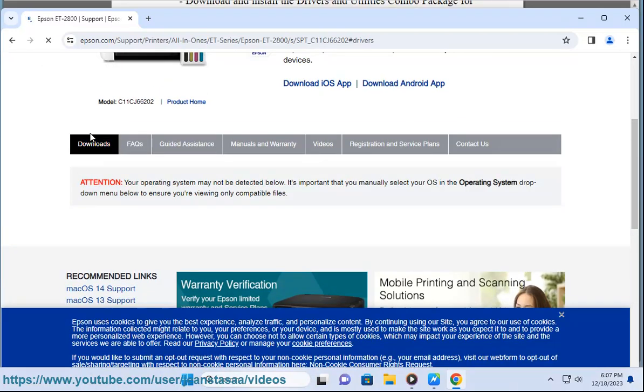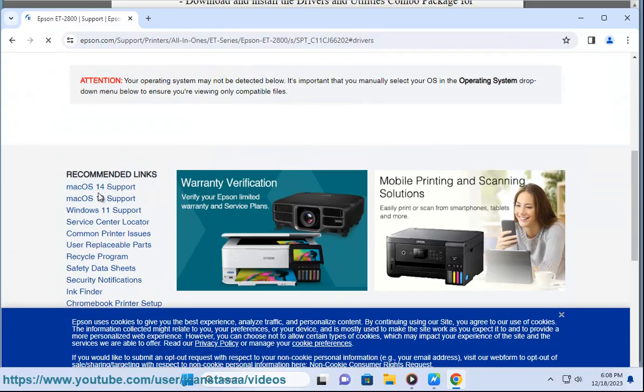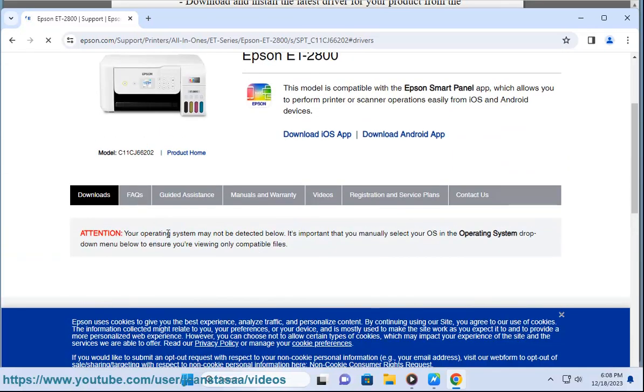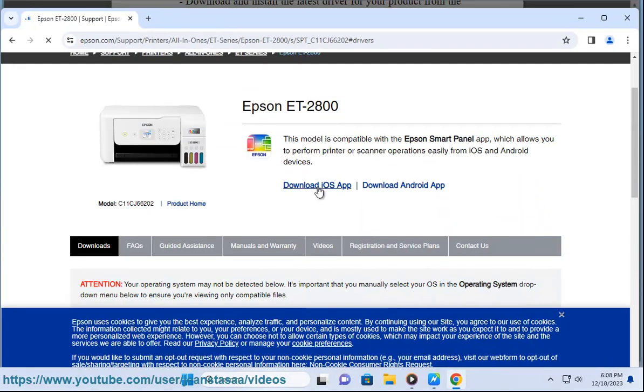https://epson.com/faq-mojave-NS-FAQ-0000920-cat=FAQ_cat=top FAQs. 2. macOS 10.14 Mojave support Epson US. https://epson.com/support/WA00873. 3. macOS 10.14 Mojave support Epson US. https://epson.com/support/s0/macOS-10-14-Mojave-support